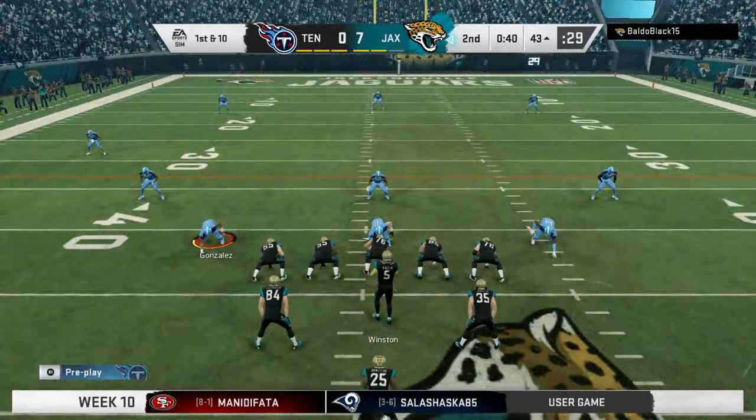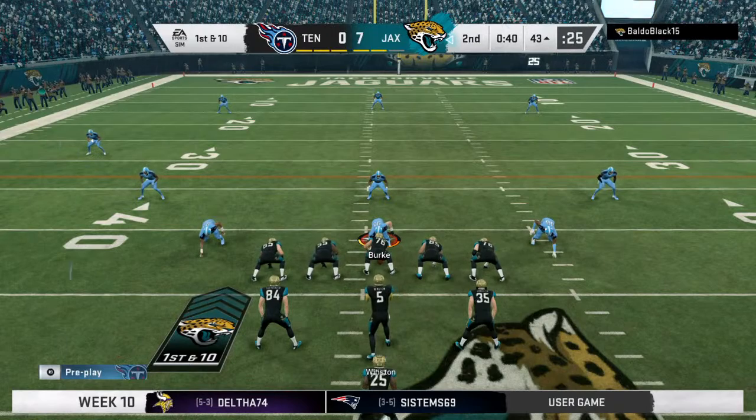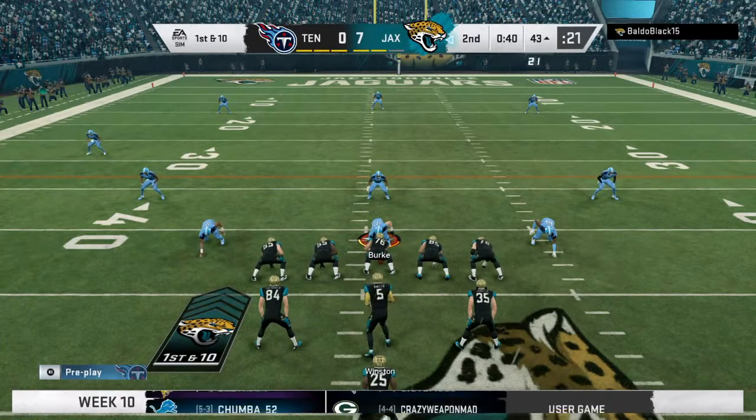Ready? Blue ready. I got him. Tight ends on the Lucy. 3 down. I got